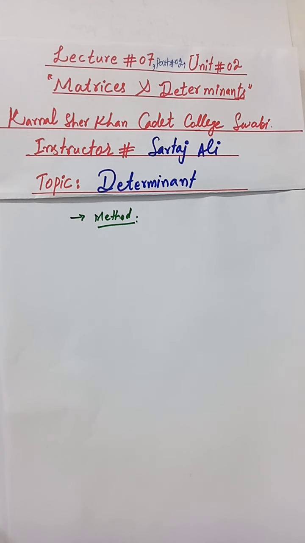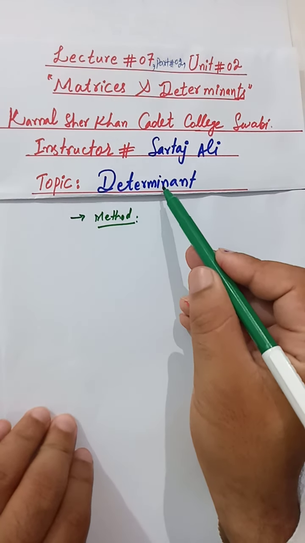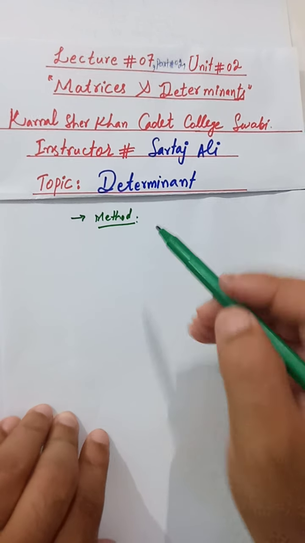We will discuss how we can find out the determinant of a square matrix having order 1, how we can find out the determinant of a square matrix having order 2, how we can find out the determinant of a square matrix having order 3, and order greater than or equal to 3 and order greater than 3. So these are the contents of this video lecture. In this video lecture we will discuss the methods for finding the determinant of square matrix.